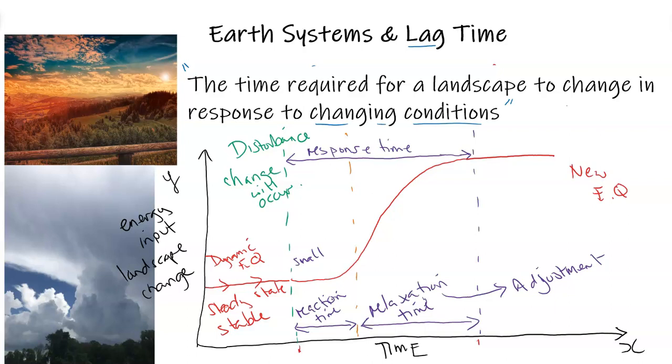And the response time goes from the second the disturbance happens to when the conditions come back to a new equilibrium. Maybe this never comes back, or maybe this will come back down, and it'll be some sort of negative feedback loop. It also depends on the time. You look at the time in terms of days or weeks or months or even decades. You'd see that natural course of succession through ecology, and you see that it's a negative feedback loop